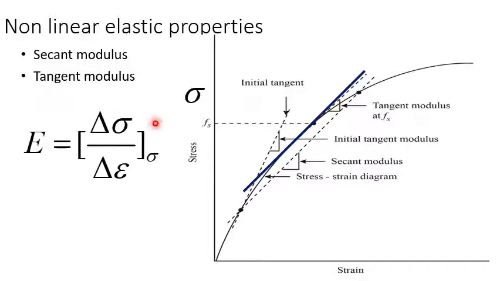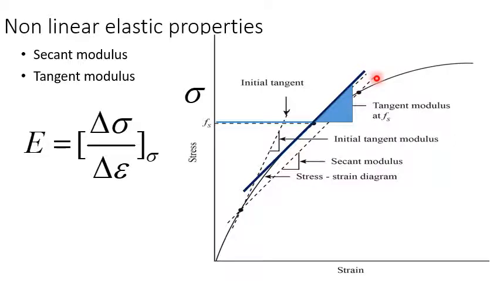So what is the tangent modulus? For this non-linear curve, taking any one point, that is a specified stress, we are going to draw a tangent to this non-linear curve. Once we drop a tangent, we take the slope of it. Again the calculation will remain the same: E is equal to del sigma divided by del epsilon naught to a specified stress. This is the specified stress.